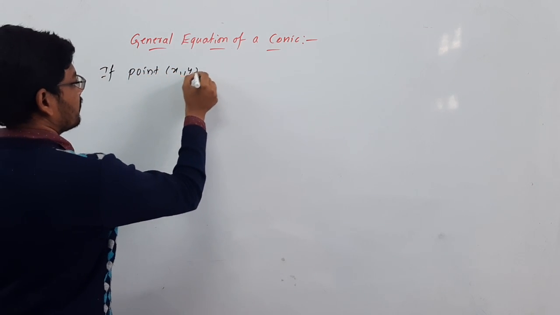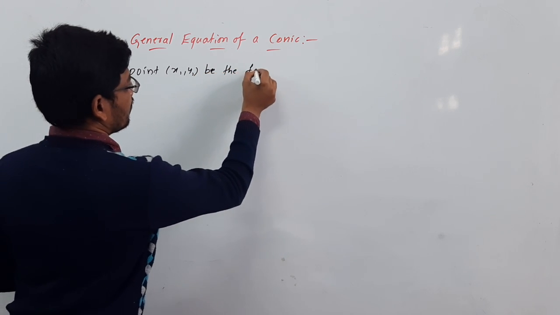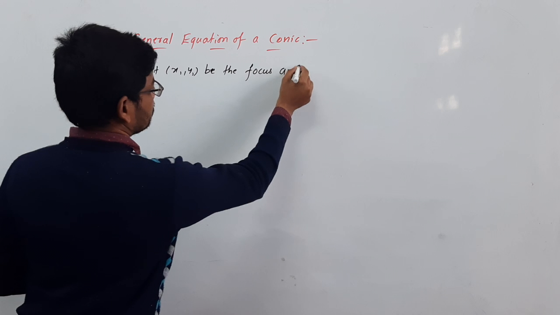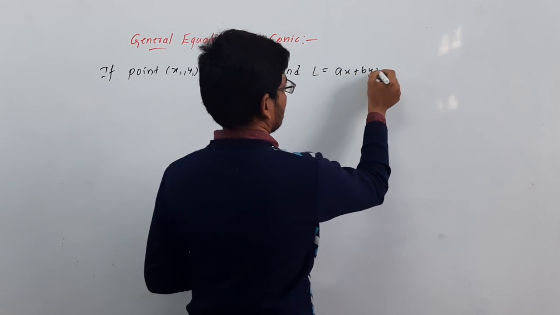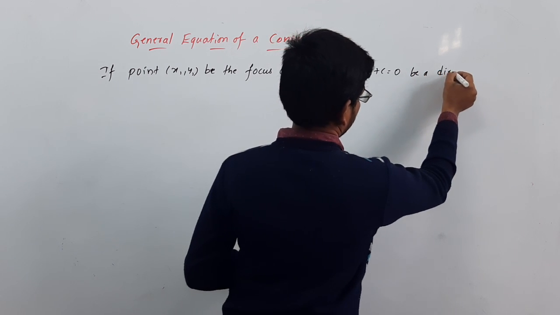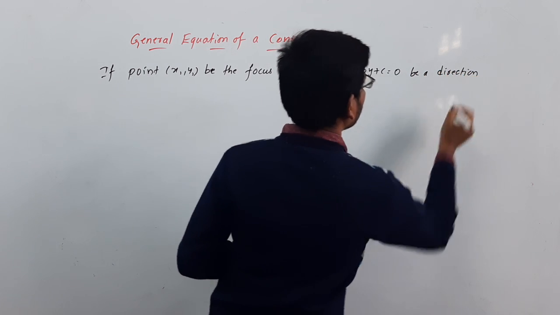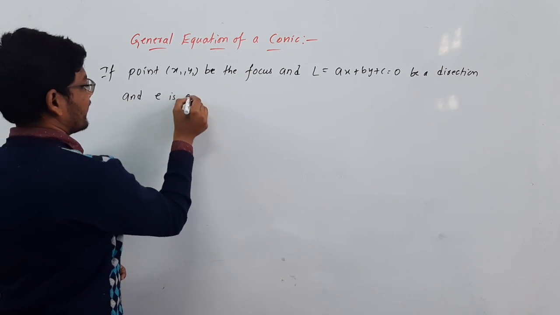x1 comma y1 be the focus and L is equal to ax plus by plus c is equal to 0 be a directrix and e is an eccentricity,